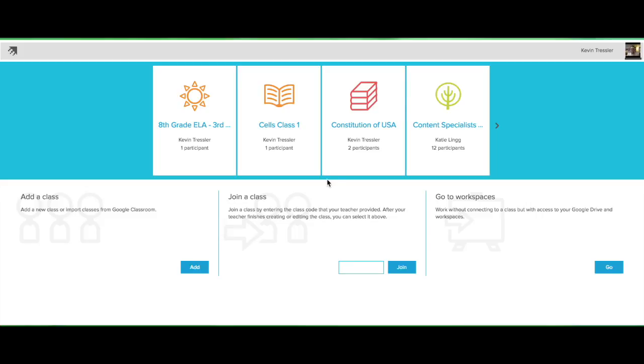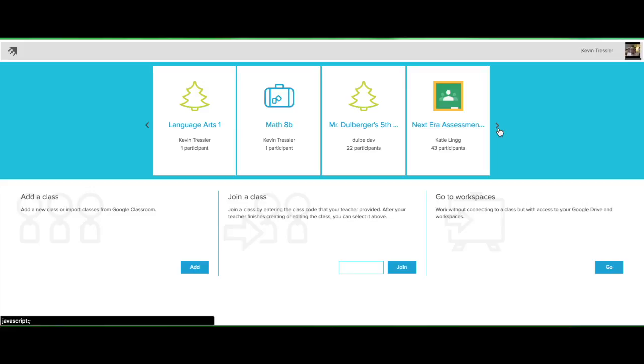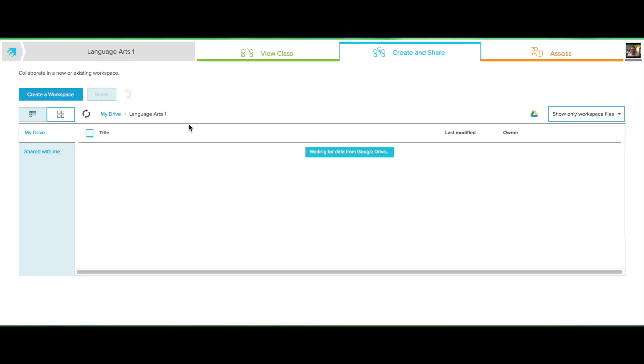If you've already created one in one of your classes, you can simply choose that class from your row at the top, and when you go into that class, the workspace will be there, or you'll be able to create a new one. So let's say that I go into my Language Arts 1 class, and I choose that. I'm on Create and Share. Notice right now there is no workspace, so I can create a workspace. If I do that within this class, it is going to allow me to create that in Language Arts 1 specifically. So if I create a workspace,